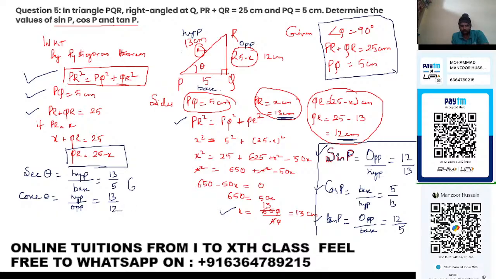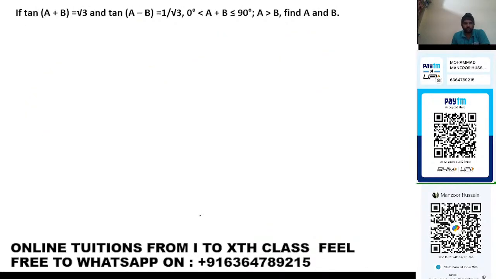If we want to write cot theta, cot theta is equals to base by opposite. That is nothing but 5 by 12. So that will be your representation of all six trigonometric ratios. So next problem we will see is the